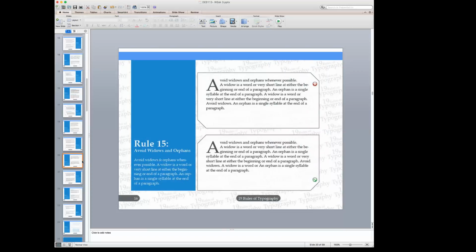So I've talked a lot about avoiding widows and orphans in your articles, and that hasn't really applied to us until now because we're going to be laying out a big block of text, which is our article. Lots of text going on, and it's really easy to have those orphans and widows. Now, do you know what an orphan and a widow is?